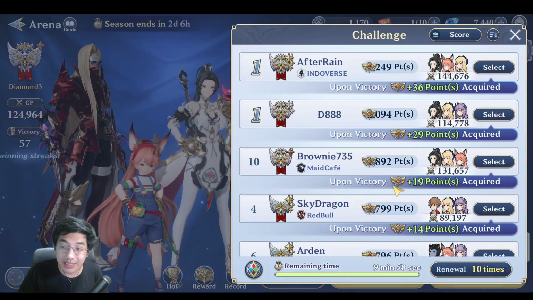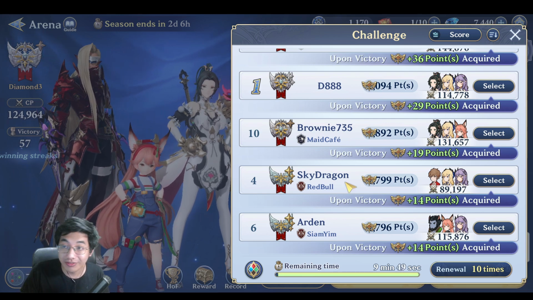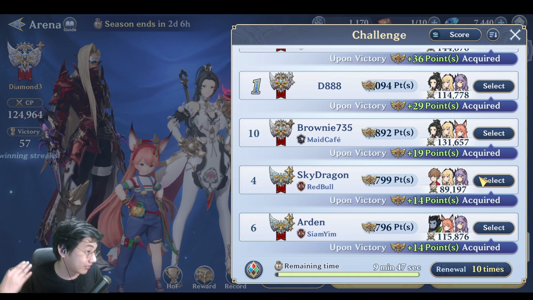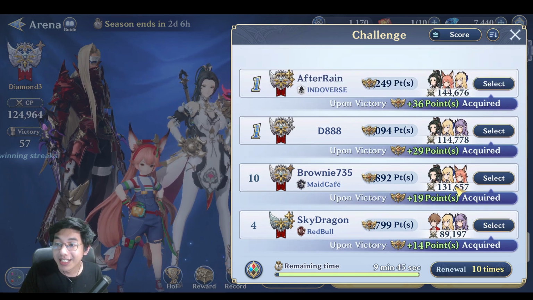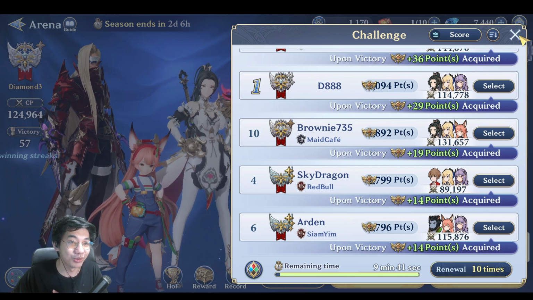So whenever you click challenge, of course, you try to select enemies that are farmable. Like for example, this guy's at 89k power only and my team's already at 124. Then I think that's a sure win. I'll definitely just keep spamming this guy until he gets out of my list. Right, so that's basically how you want to farm